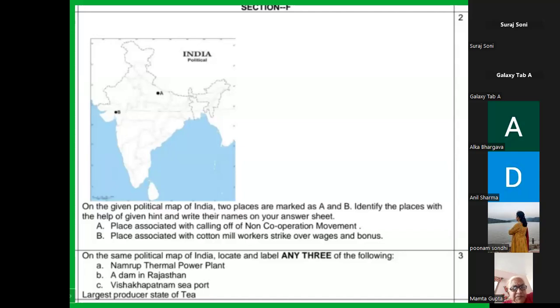This time it is not in the syllabus. Earlier there used to be 9 places that were to be identified. This year there are only 8 places, right? But the way the map work is going to be done, it is going to be identification, where you will have places given, where you will have hints given, and the child just has to identify those places with the help of given hints. As far as geography is concerned, we are very clear. The children will be given 4 places, and there is an internal choice, right?